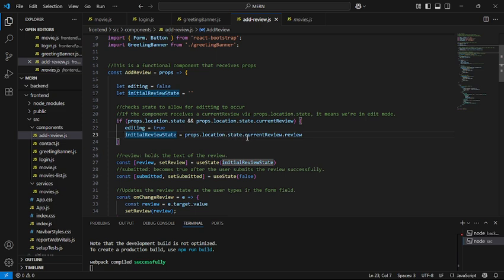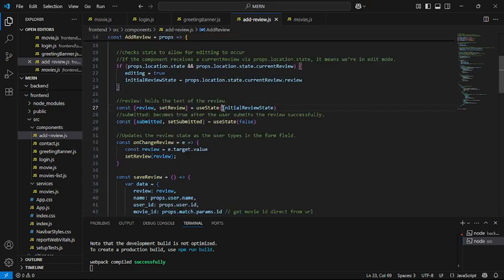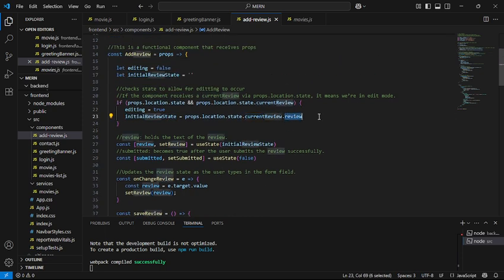Mm, okay, I get that. Great. So you're saying at first the initial review state is empty, yeah, but with this if statement saying if there is a current review, then the initial review state will basically hold the current review, and then